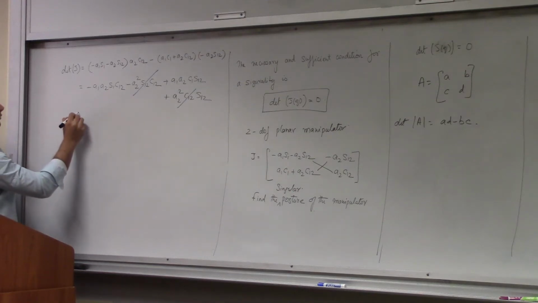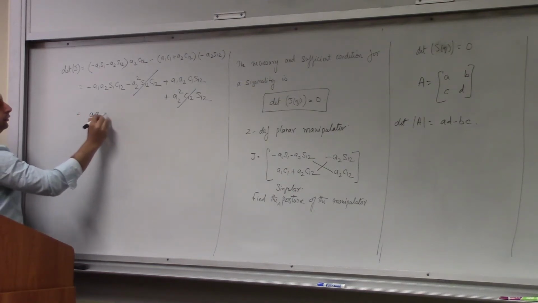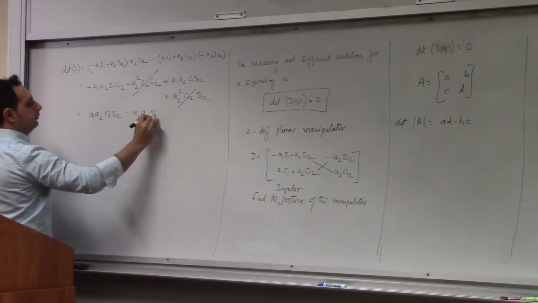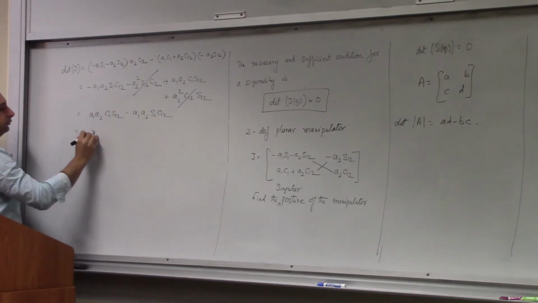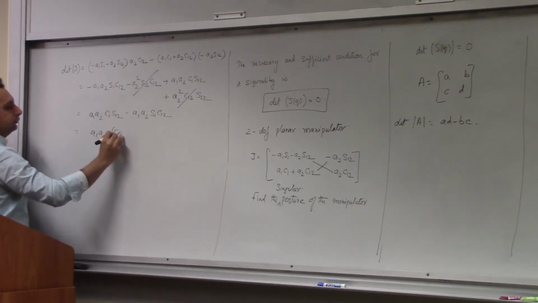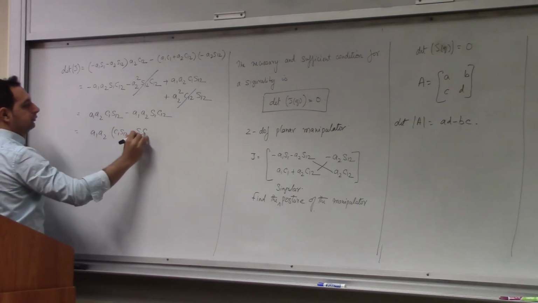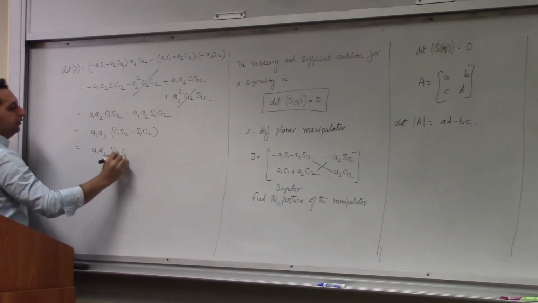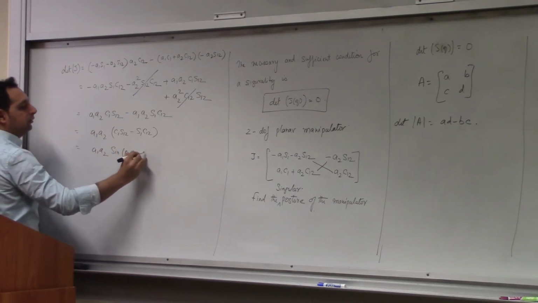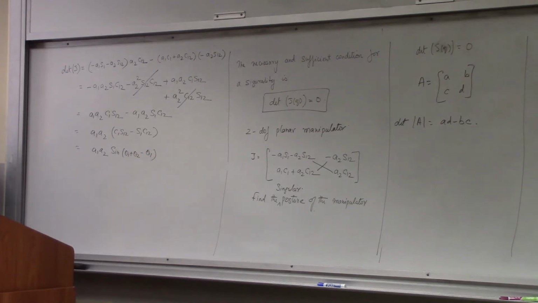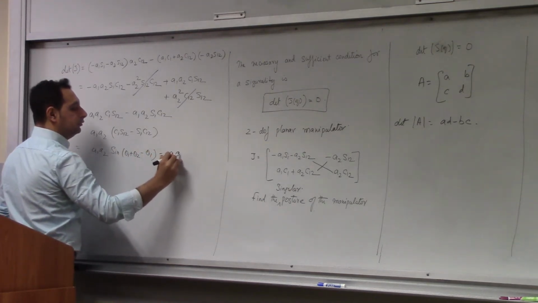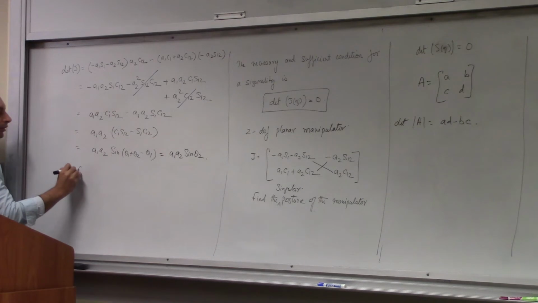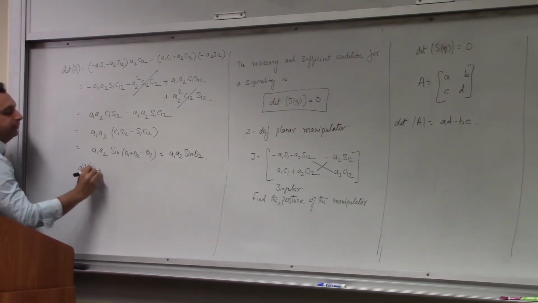So you have A1, A2, sine of theta 1 plus theta 2 minus theta 1. So this will be equal to, so your determinant of the Jacobian for a 2-degree of freedom manipulator